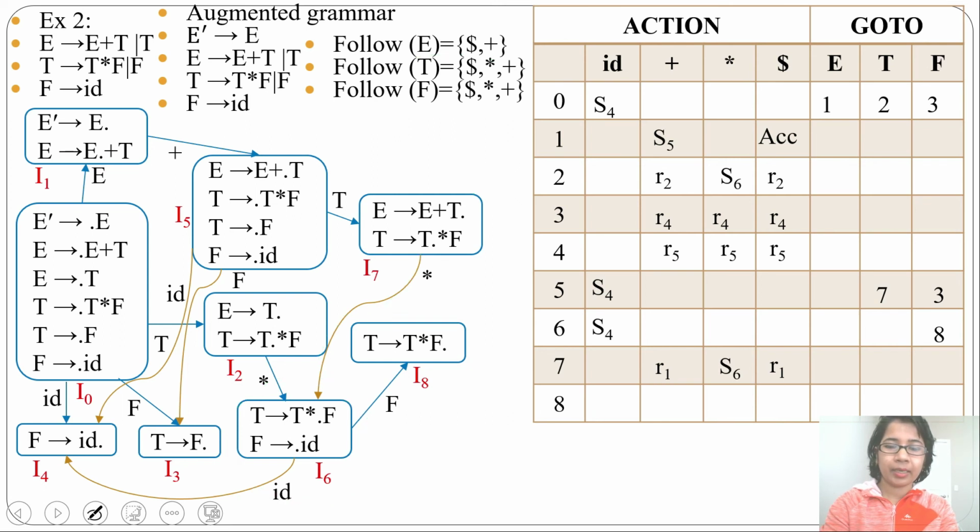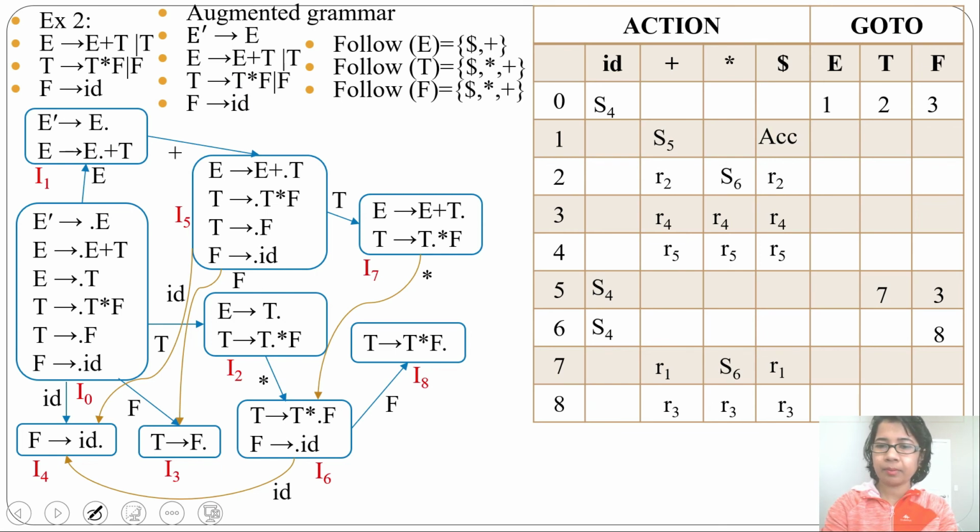Next, check I8. I8 is a reduction. It is reduction number 3, where we'll write R3 in Follow of T. Follow of T is dollar, multiplication and plus. We'll write R3 in the plus column, multiplication column and dollar column. We found that this grammar is SLR1 grammar. There is no conflict.